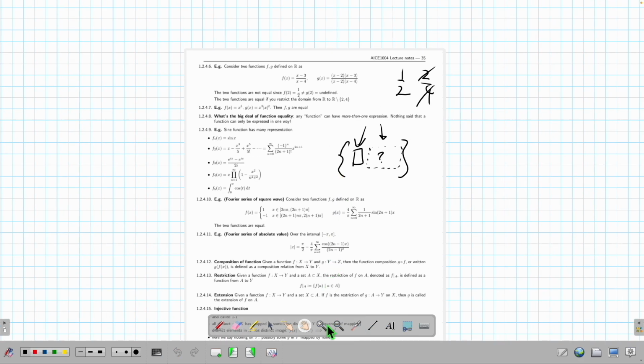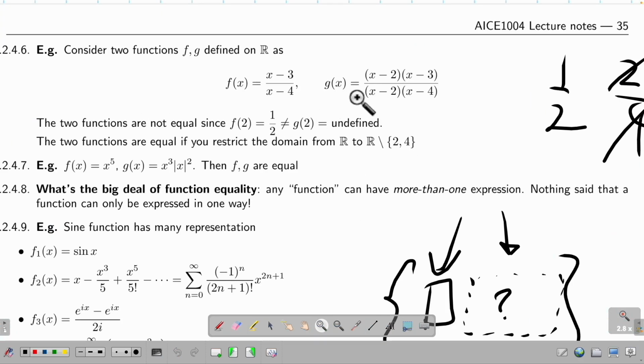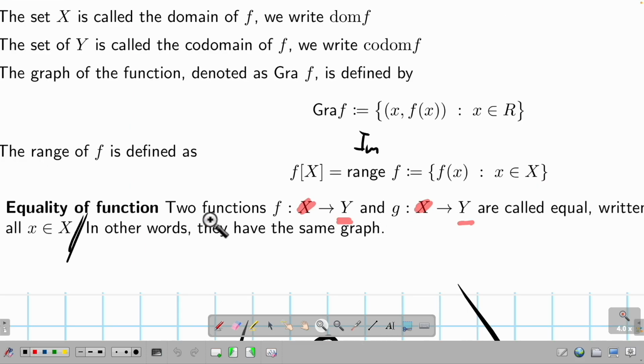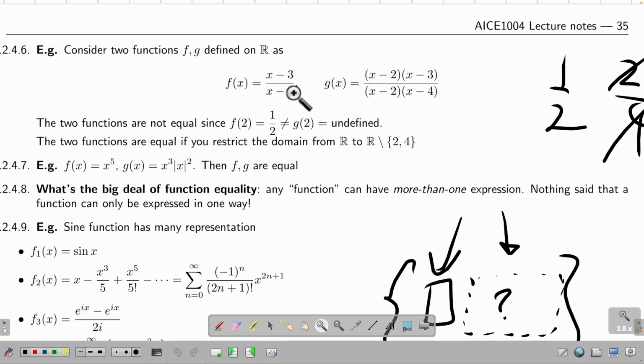Last time I talked about this, so now you should understand why they are not the same. This one, the input set is all the real numbers except 4. This one, the set is all the real numbers except 2 and 4. But for two functions to be the same, these two red sets have to be the same. It's already not the same in the first step, so done. We don't need to talk about it. And lastly,